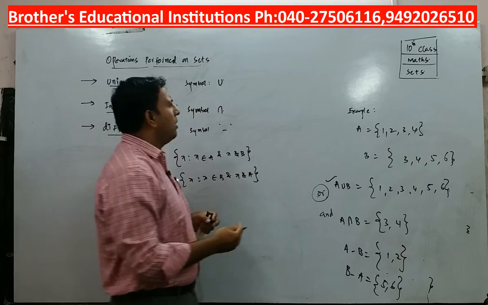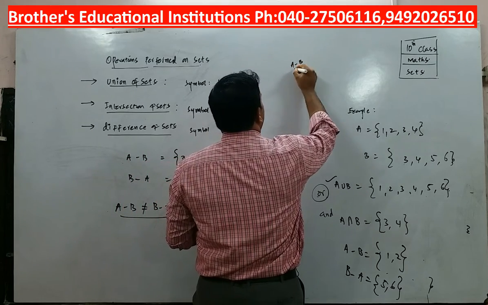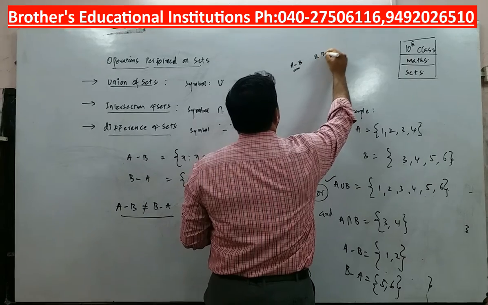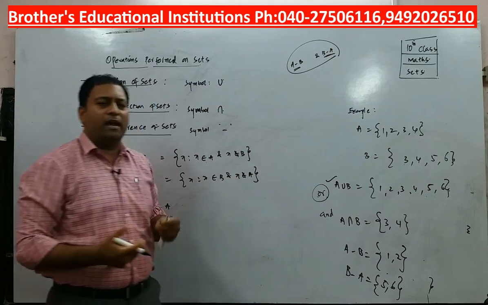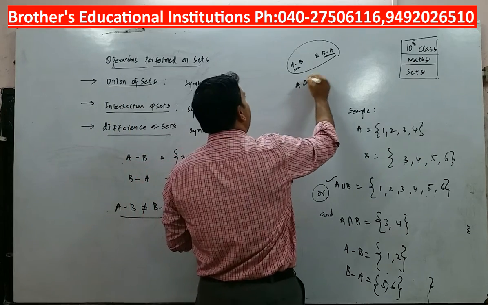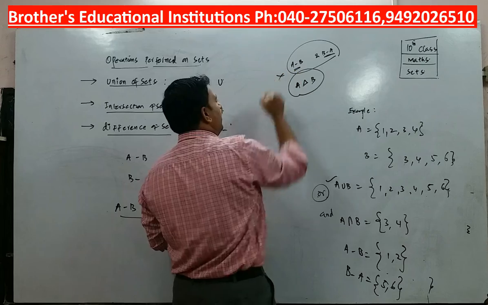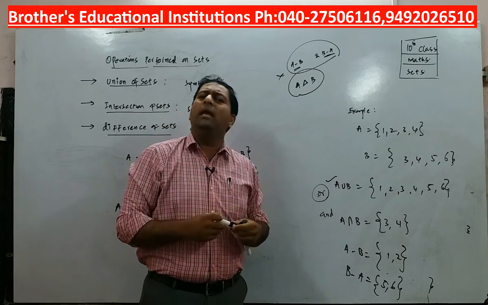And then there is something called De Morgan's law, which is related to A minus B and B minus A. I want you to refer, Google it, search different books and find out what is De Morgan's law or what A delta B is. Anyhow, this is out of your 10th class syllabus. What is A delta B? You refer. For higher classes, it will be helpful to you.